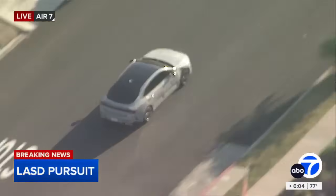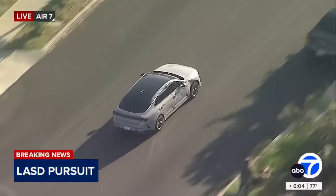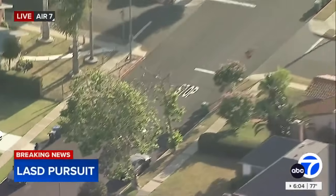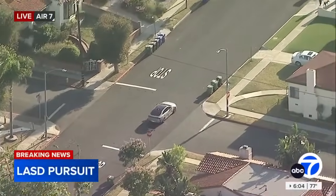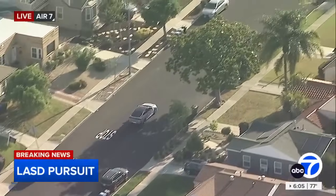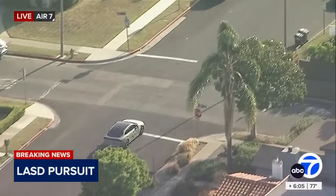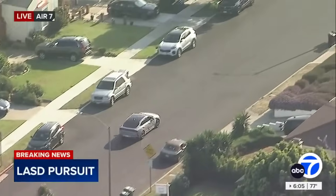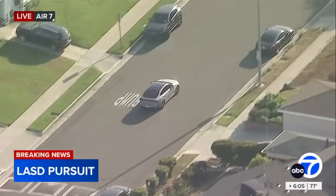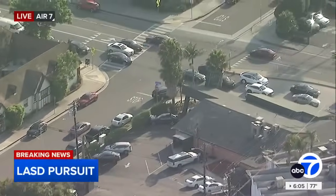A lot of unknowns here as they try and catch up with this suspect. Right now, he is continuing to move through South LA without anybody behind him. And I think as of now, LA County Sheriff is keeping an eye on him with their helicopter. So they do have eyes on the suspect. It'll be interesting to see if they keep this in surveillance mode or do decide to re-engage, considering where he is here. Again, we're traveling westbound on 58th Place, coming up just past Buckler, continuing west here through, I want